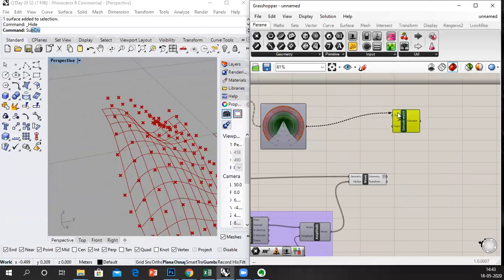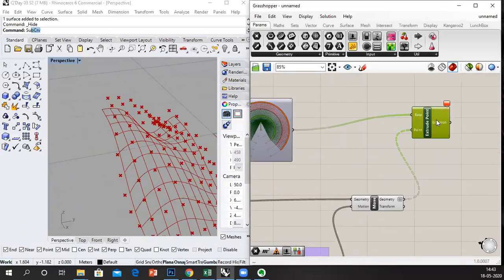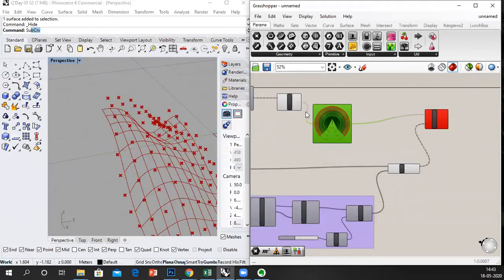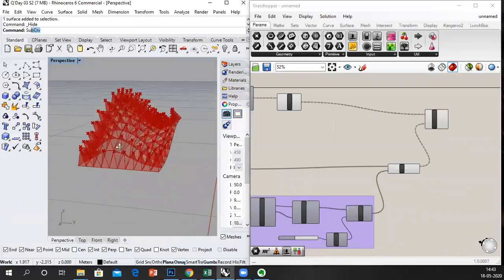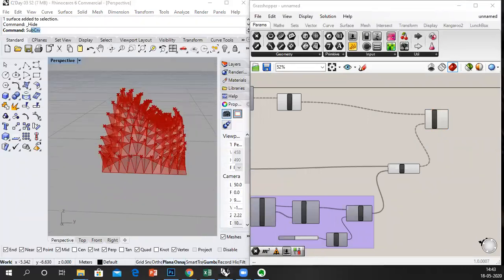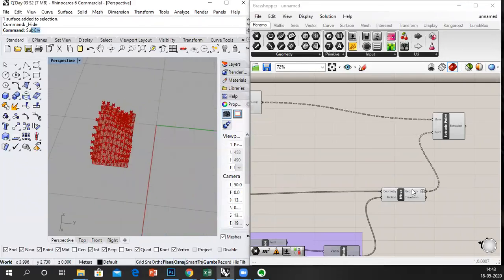If I put this as the base and connect our points, oh, I can't connect that directly. I have to connect this and this. So we've got this happening. Okay, so until here we've done in the morning.